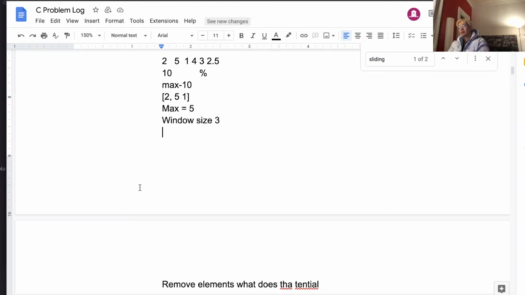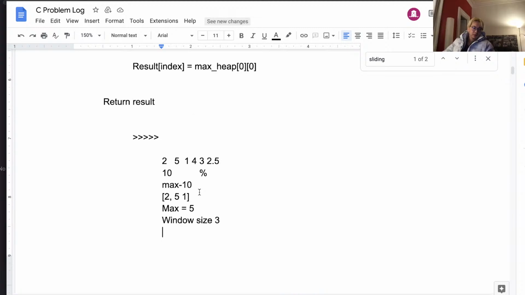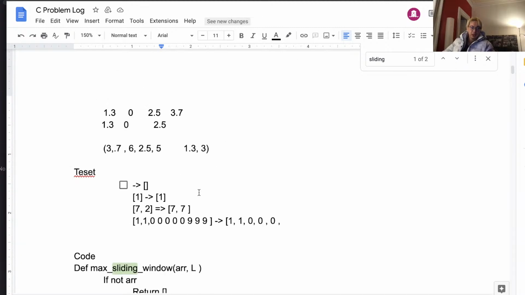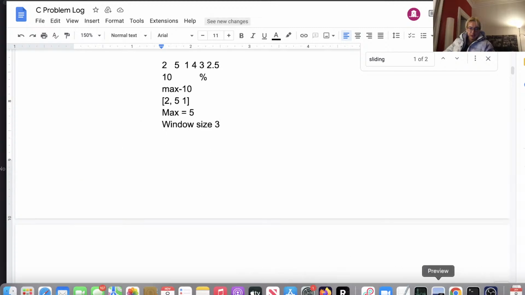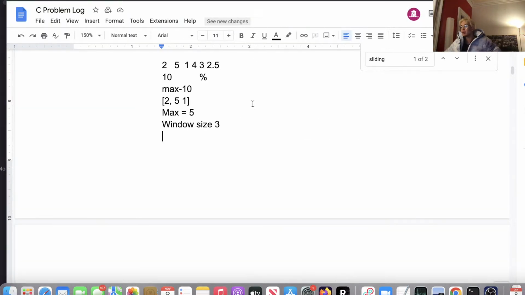How this gets me closer to the objective is having a data structure where you have a fixed size of elements, where it will always maintain what the max element is. And I want to retrieve that in O of one time. Okay. So you're going to retrieve that in O of one time, but then the answer is supposed to be what, an array of elements that tell you the maximum at any window. Yeah. So you're returning back an array, right? So the question now is how are you generating the array from whatever you're doing?